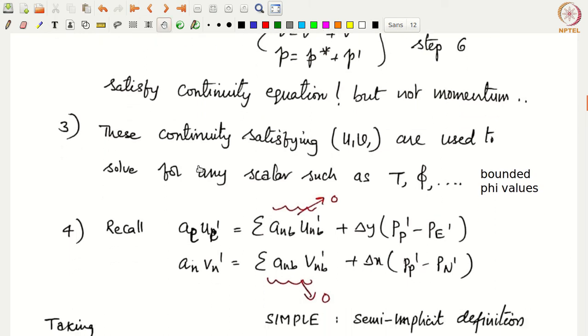Then you have the right hand side where you remember you had the Fe minus Fw plus Fn minus Fs, that would not go to 0, and as a result you will not get boundedness for your scalars. Alright,